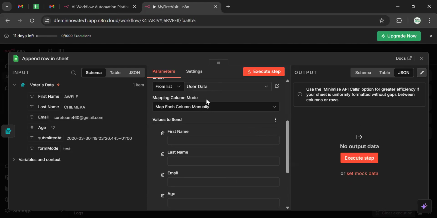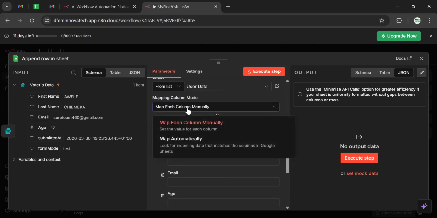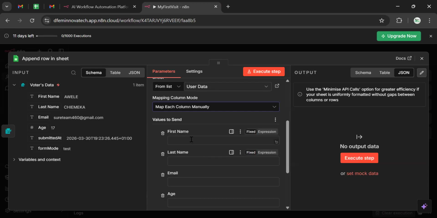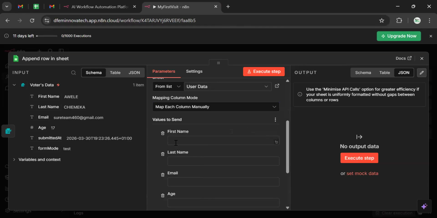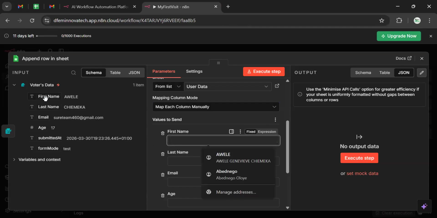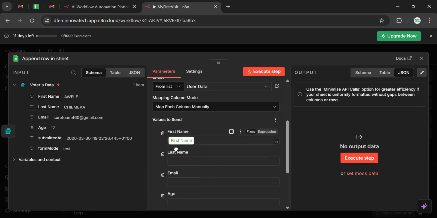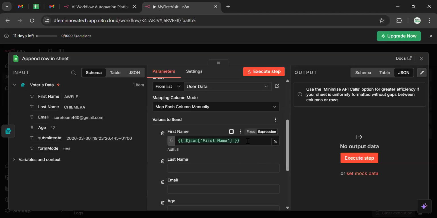Now, what I want to do is the mapping column, I want to match each column manually. So there are two ways you can do it here. The first way is to drag and drop. But for you to learn this very quick or to get more engaged, you can start learning how to write the code. How do we do that? We just put two curly braces,